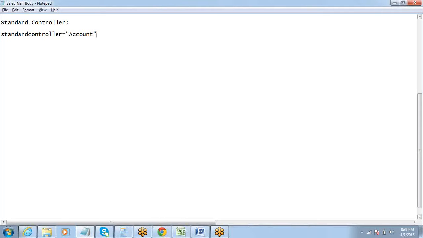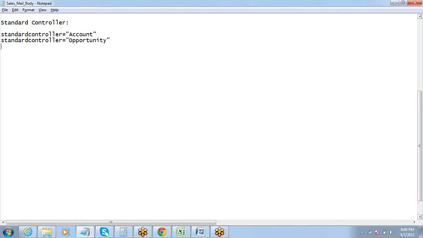If you want to display data, then you can display the data from the account object on that page. Why are we doing the connect? We are doing the connect so that we can get the data from that particular object on the page, right? If you want to display data from opportunity, then what should you write? You should write standard controller equals opportunity. Got it?